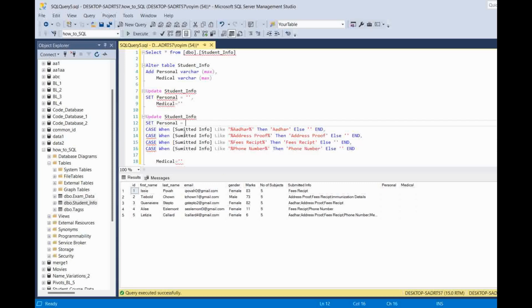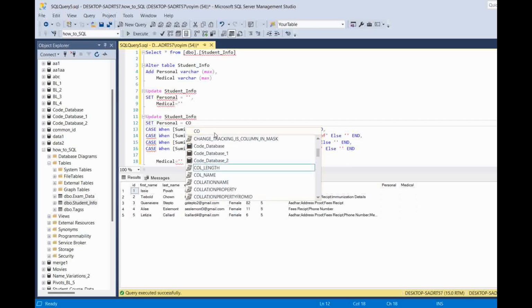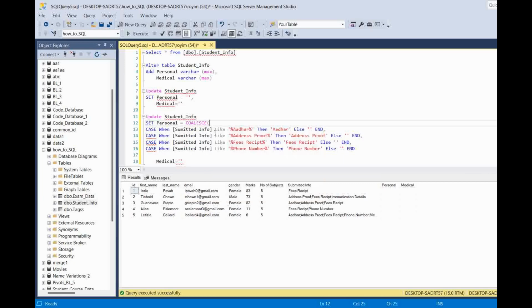Okay, I'll wrap this entire case statements inside a coalesce function. So for that I'll type COALESCE, and I'll wrap with NULLIF, and I'm going to CONCAT. So there are 3 statements. First I'm going to concat all the 4 statements, and I'll close the bracket, the first bracket which is